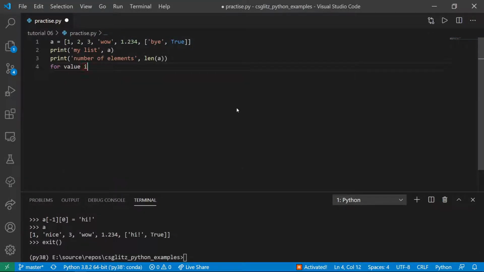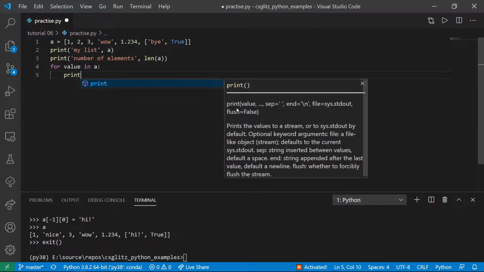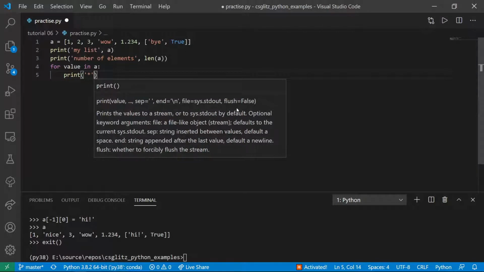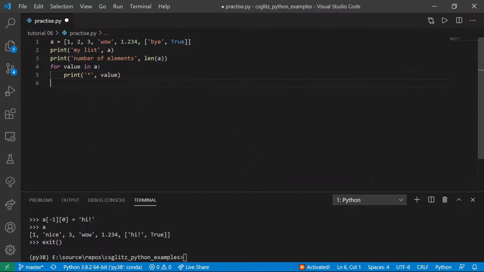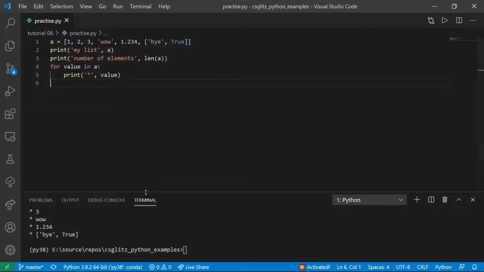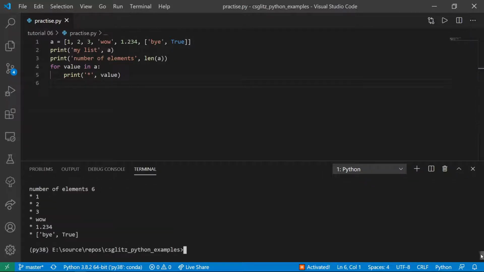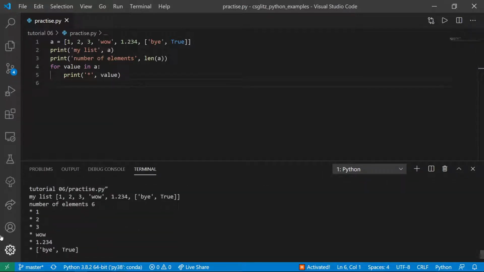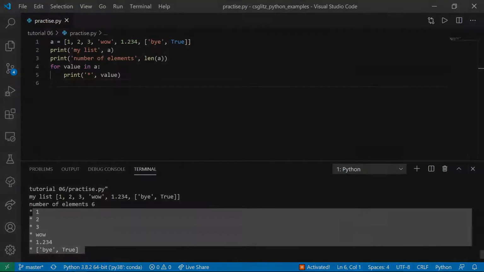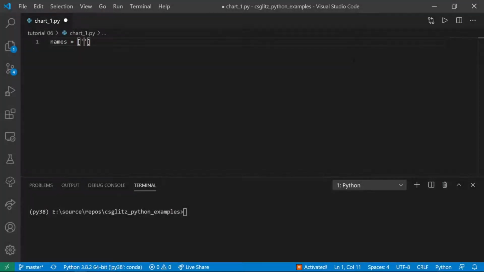Similar to strings, we can iterate through the list using a for loop. Let's write a program to display marks of different subjects in a table.